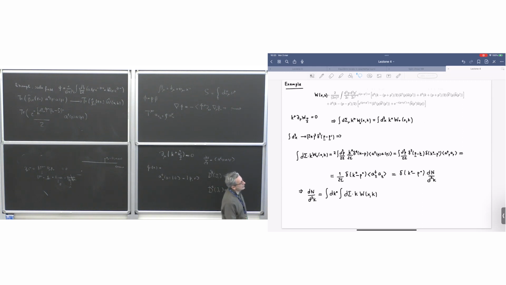You have d3p over twice the energy, delta 3 of p minus k, delta of k naught minus p naught, which can also be written as delta of k naught minus k squared plus m squared, which is the on-shell condition. And then we have, again, the mean value of a dagger p a p. But now this is a trivial integral. And then we have 1 over twice the energy, delta of k naught minus p naught,